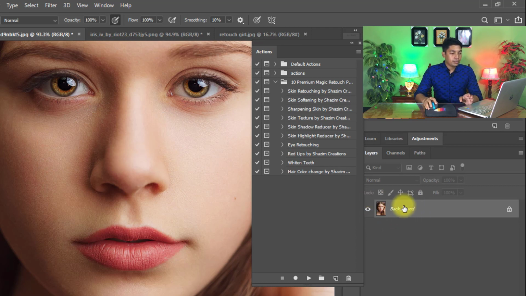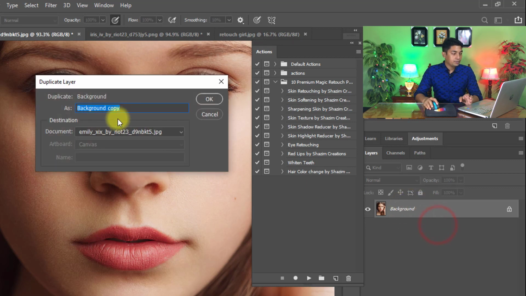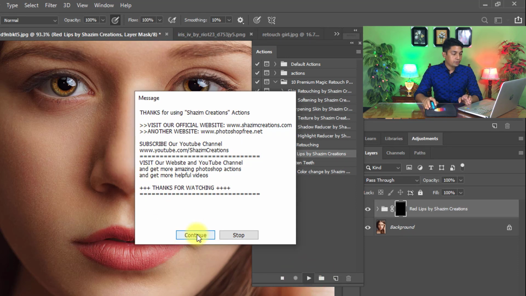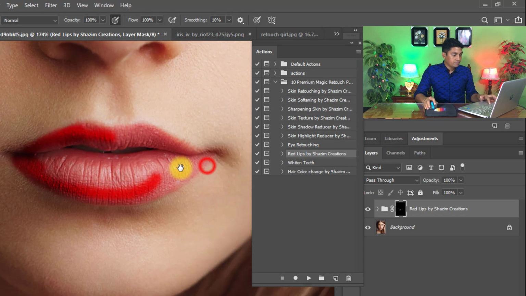This action needs a duplicate layer. So right click with the mouse, then click on duplicate layer, click OK, and then select this red lipstick by Shazam Creations action. Then just one click on the play button, click on continue, and easily paint over the lips.